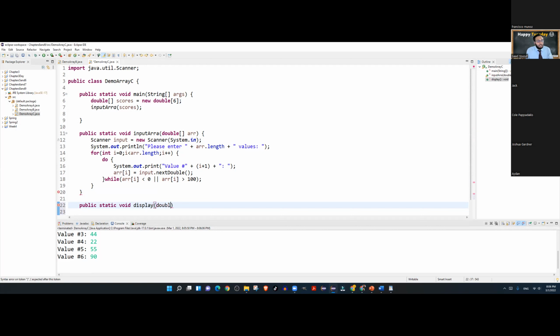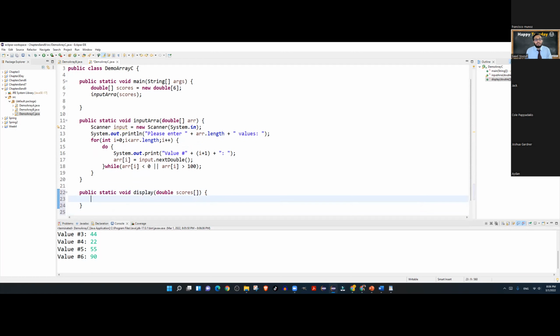And we will pass an array called scores. Just so that you guys can also see this, let me pass the parameter like this so that you can see that it doesn't really matter if the square brackets is with the data type or the square brackets is with the name of the array. Either way, it acts exactly the same way.